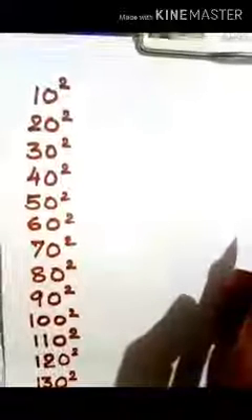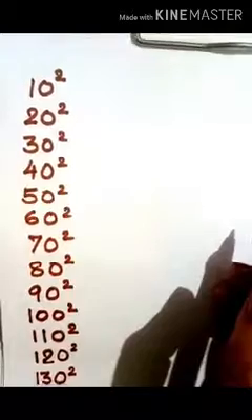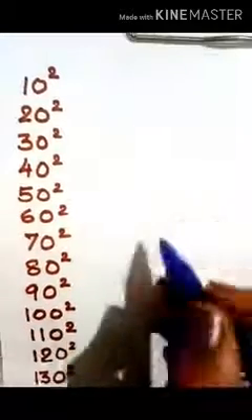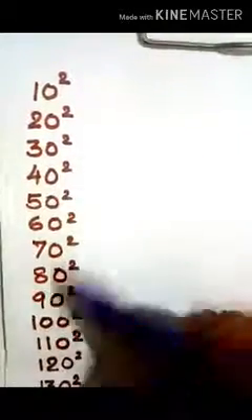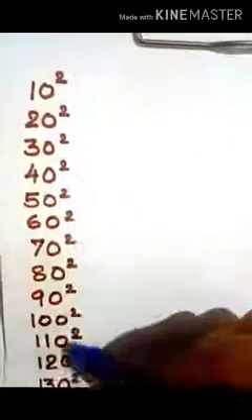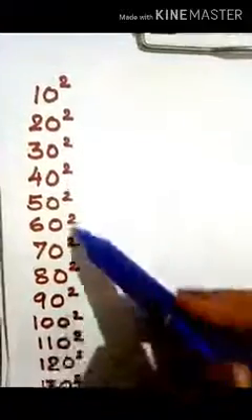Let's see two more tables which are easy as well as interesting, and learn these as well. And even if you don't learn, know how to find the values. See here, all these numbers have 0 at their units place, and I'm going to find out the square of these. Now 10 square, so I'll just put the square of 1. 1 ones are 1, and each 0 becomes 2 zeros. So 1 and 2 zeros.